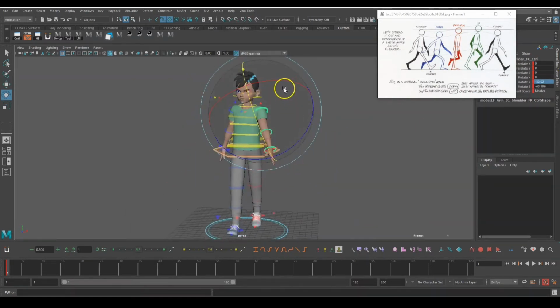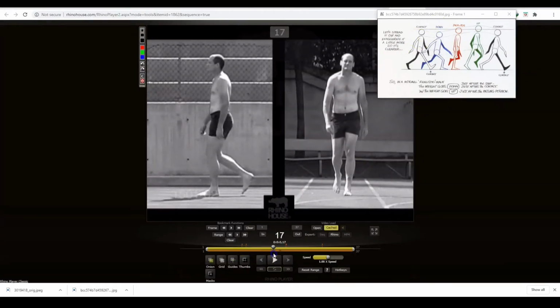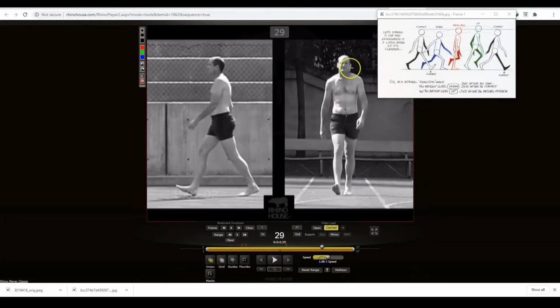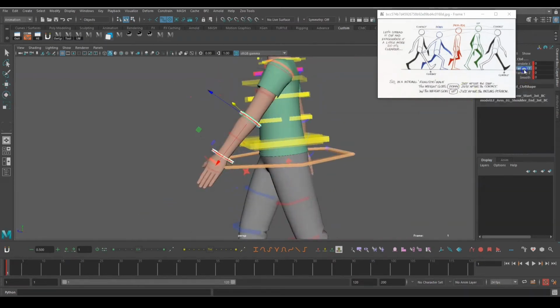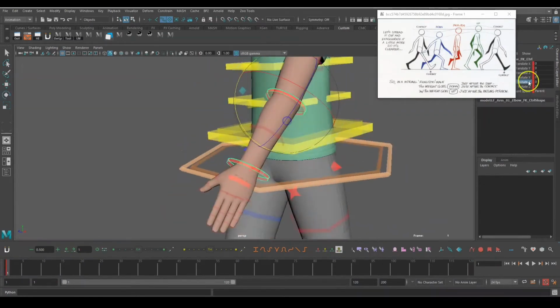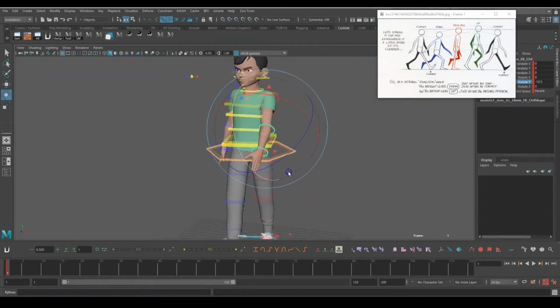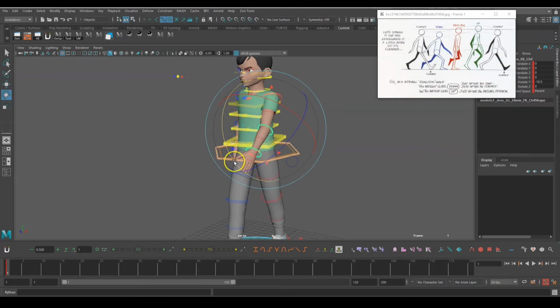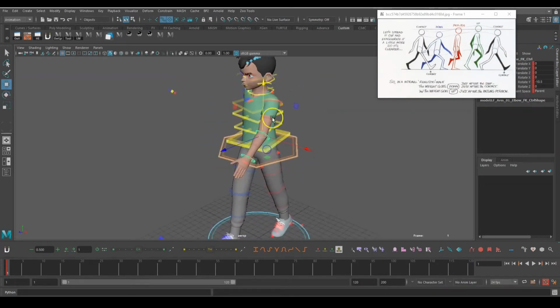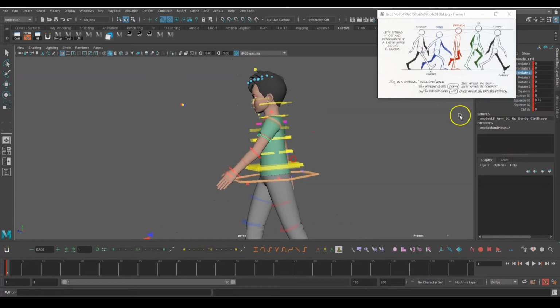Okay, you can see from the front view we have a reference over here, this one. You can see the hand. Okay, how it is. So I will rotate this inside and take this in. So don't use these like this. Maybe you can lock these two axes. I will use only the y-axis. It's always better to use only the y-axis, otherwise you will get stuck in gimbal lock and all.